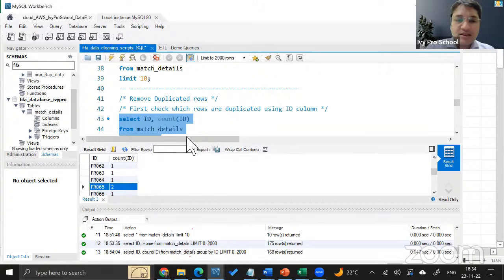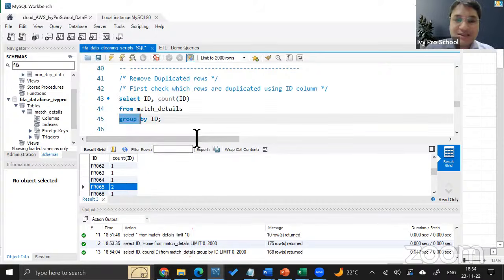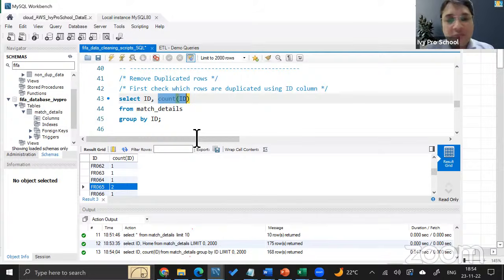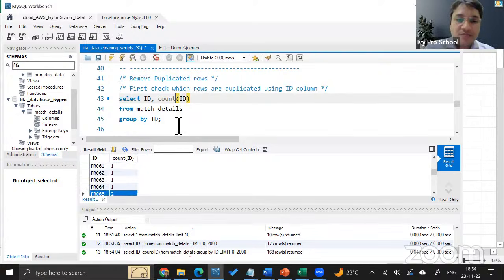So this statement here, what it has done is that it has grouped the data by ID. And after grouping the data, look at the sequence of events that will happen. First, the table will open. It'll go to the table and it will group the data by ID, right? And then it'll go to select statement and give you ID, and then it'll give you the number of times each ID has occurred. As you could see, most of the IDs had occurred only once, but some of the IDs have occurred more than once. So that is going to come over here, right?